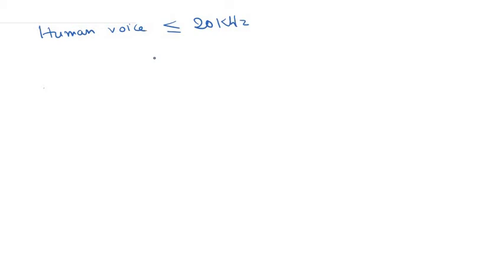So at the receiving end, when you want to decode this human voice, you need to get rid of these unwanted frequencies, because those frequencies, for example, if a 30 kilohertz frequency adds up to your signal, it is basically of no use. You only want your signal to contain all the frequencies below 20 kilohertz, because that is the limit of human voice. So if a 30 kilohertz signal or a 40 kilohertz signal gets added up to your signal, you don't really want that at the receiving end. You must get rid of all stray frequencies that have added up to your signal beyond 20 kilohertz.